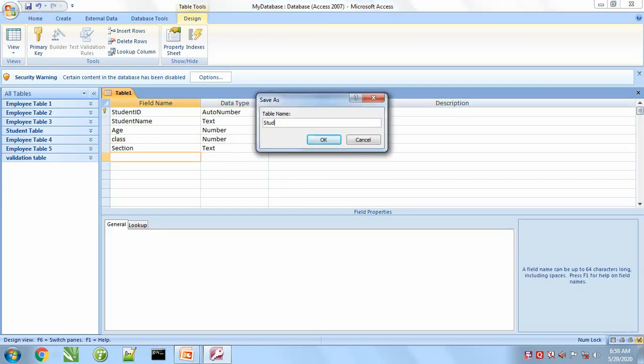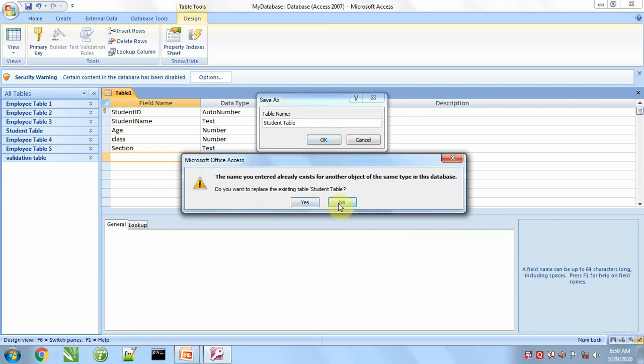Save this table as student table. This table already exists. Do you want to replace? Yes.